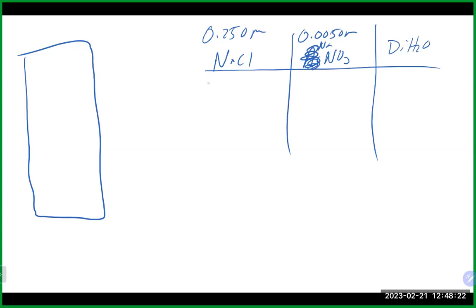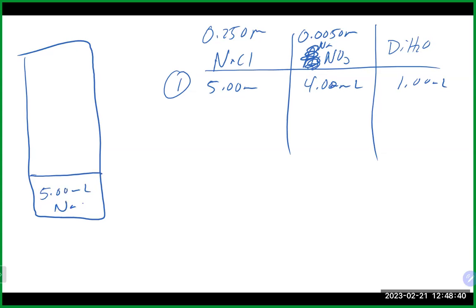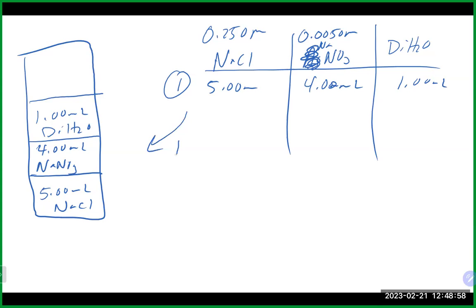And let's say we used 5 milliliters of this guy in test tube number 1. Let's say we used 4 milliliters of this guy. Let's say we use 1 milliliter of this guy, right? So I'm going to do that. I'm going to throw into here my 5 milliliters of my sodium chloride. I'm going to throw in there my 4 milliliters of my sodium nitrate. And then I'm going to throw in there my 1 milliliter, not drawn to scale, of deionized water. All right. In test tube number 1,